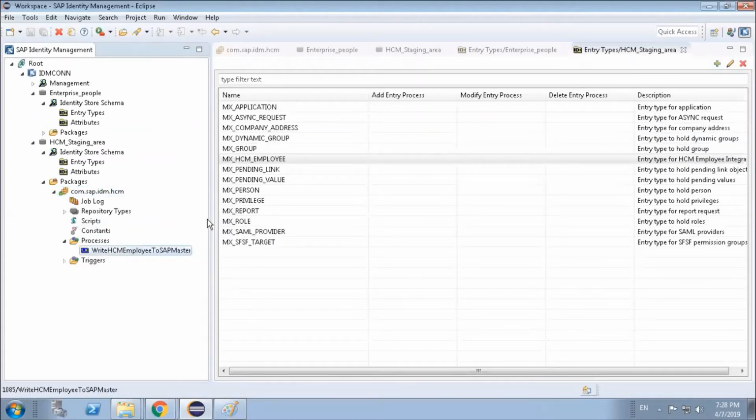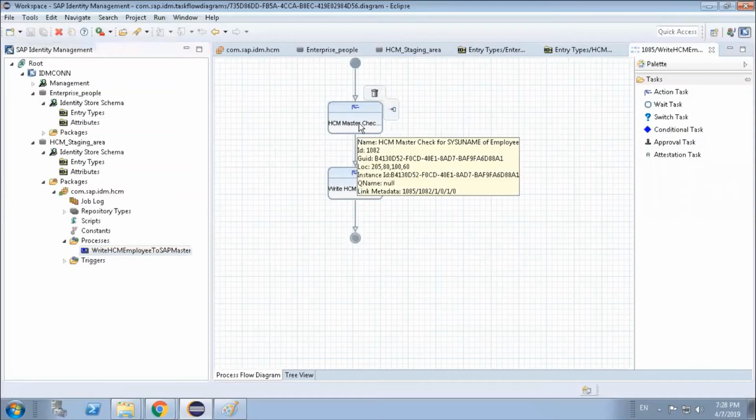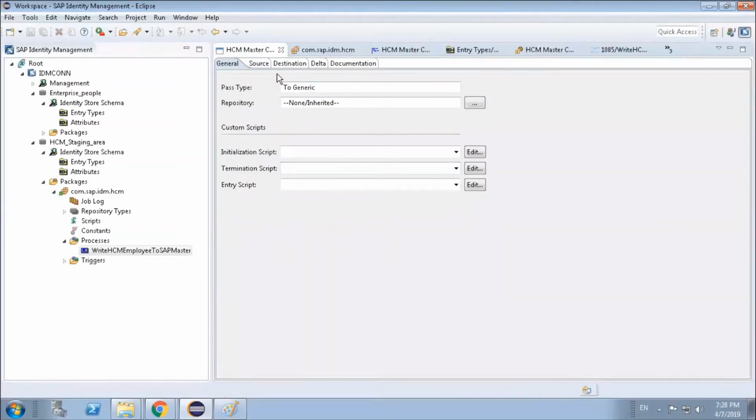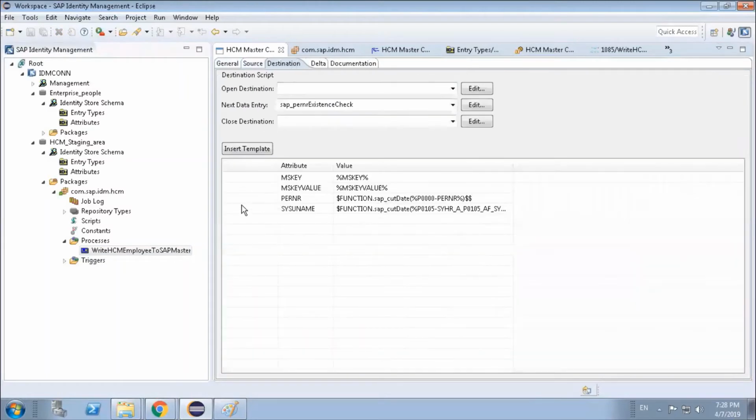If you double click on it in this process, you will see that it first checks the surname of this employee against sysname. Sysname is nothing but your user ID. This checks in the 0105 info type, P0105.